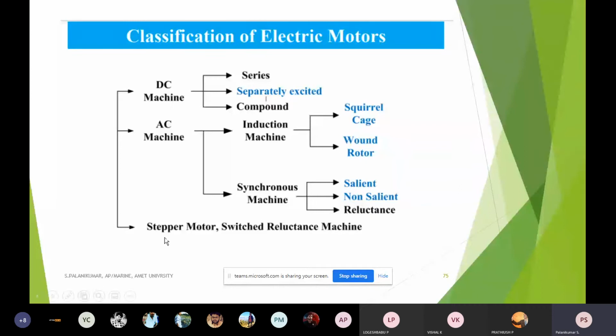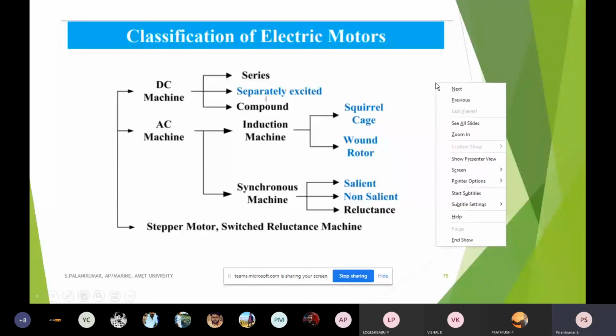But of course, inside the electric vehicle, for many other purposes, we may need a stepper motor, for example to operate the wiper and so on. We are using these other machines mainly for power propulsion. So whatever propulsion power is required, we are only going to talk about the first two categories along with the switched reluctance machine.